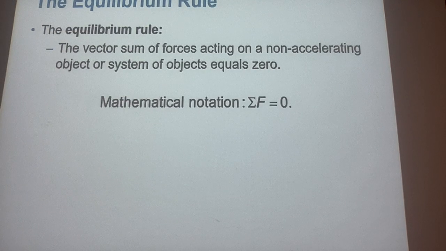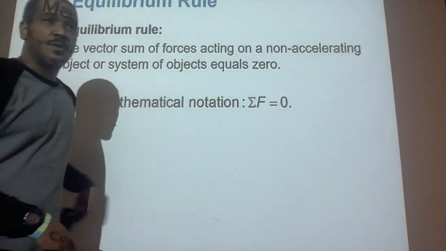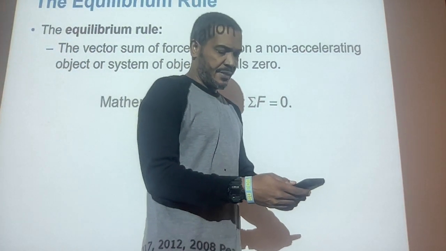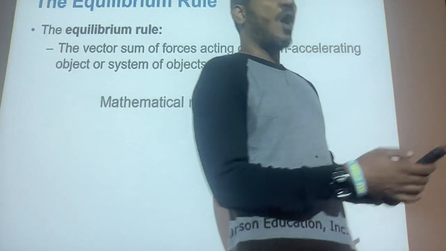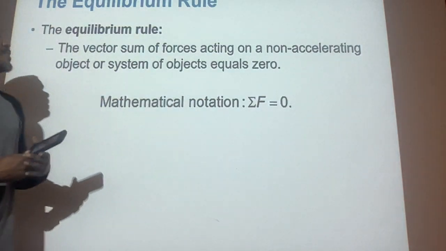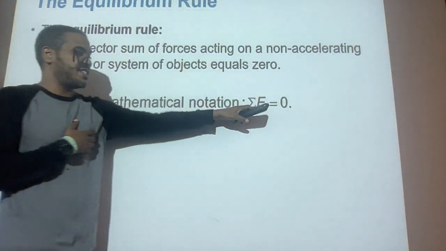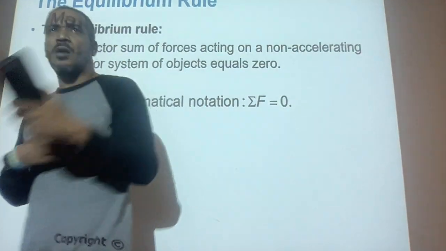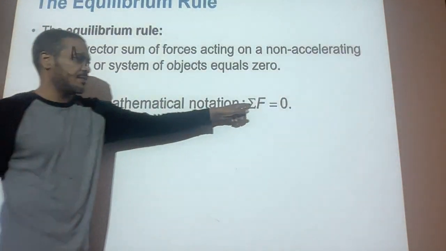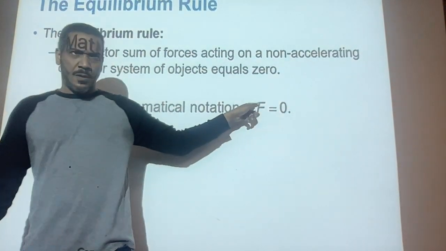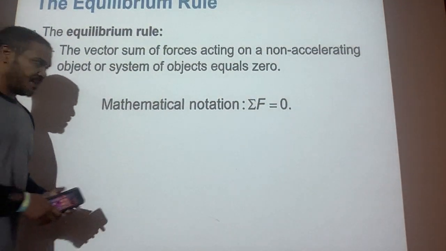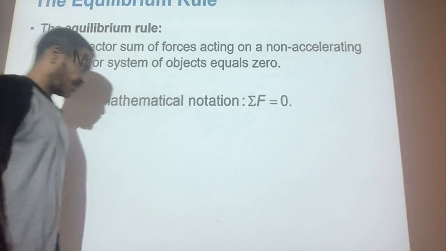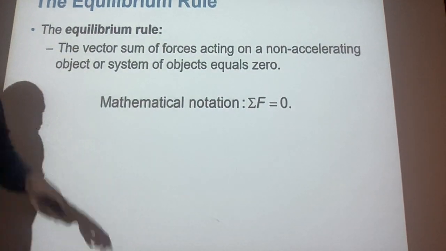All right. So we have something called the equilibrium rule, right? And the equilibrium rule just says that the forces are equal. All forces are equal. That's what the equilibrium rule means. It's that when I sum up all the forces, sigma stands for sum, right? This is a sigma, Greek sign for a sigma, right? It means we add all of the forces together, and we should get a 0, right? If the object is at equilibrium, right?